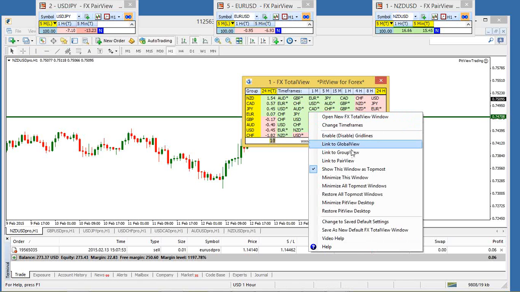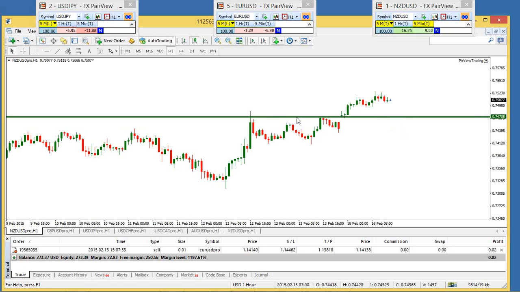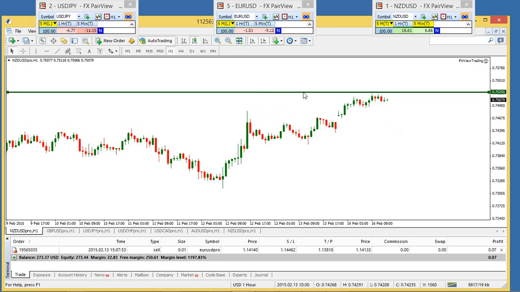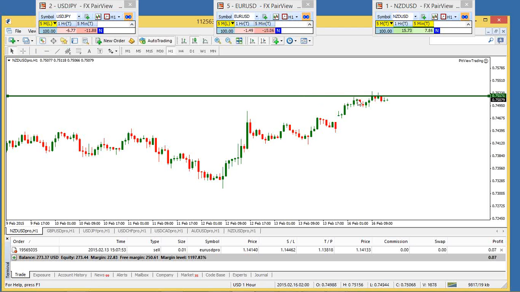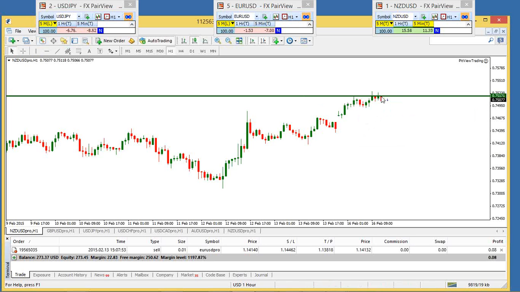Looking at New Zealand for trading opportunities, I think that if we get any type of spike in dollar strength, we could potentially see New Zealand come back down. One of the things that it's having a hard time with now, now that it's come back up after the good number, is making a sustained break through the 75.00 level. It's at like 75.07 right now, but it's having a hard time making any headway above 75.00. So for those of you that trade New Zealand, this is another one that we've been looking for opportunities to potentially